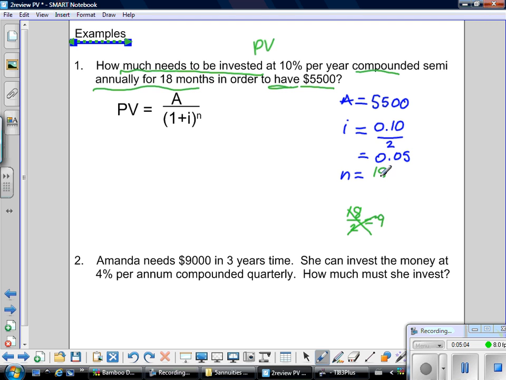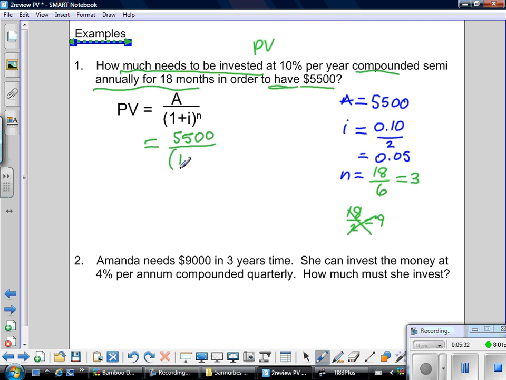So in a sense, I could go 18 and divide by 6 because they're talking 18 months, and semi-annually is every 6 months, and you can see that that's actually a 3. So if I use 9, I would be off quite a bit because they're only going to pay me interest 3 times. So taking all this information and substituting it all into our formula, so we have the 5,500